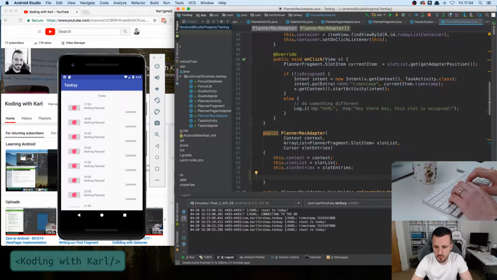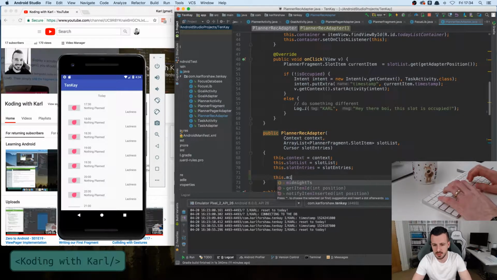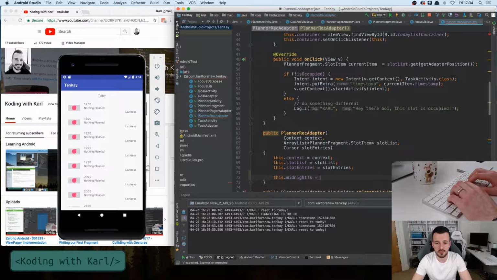But a good way, yeah, I think the best way to do this is this.midnightTS equals, and it's going to be the first entry in the slot list. So it'll be this.slotlist dot first, get 0, dot timestamp. Yeah, so that now gives us a midnight TS,